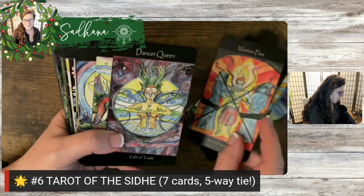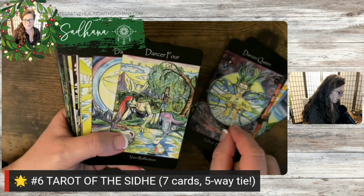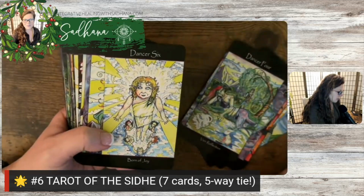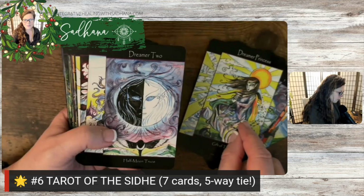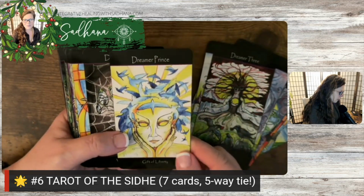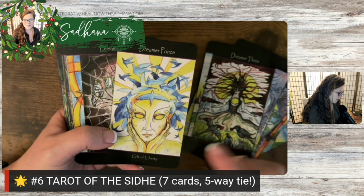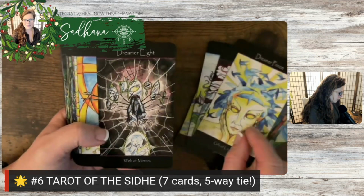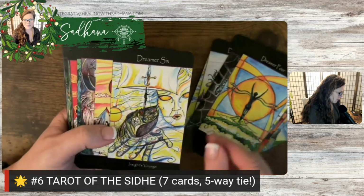And they were taking a course with John Matthews, I believe, on the Sidhe. There's a short book on the Sidhe I have shared a few times that, anyway, John Matthews asked them to respond to the course. And this is Emily Carding's response to the course on the Sidhe to create this deck. And I believe that is part of the introduction in the guidebook, which is also excellent. Includes poetry. It's wonderful. This is the Air Knight. Wonderful cards to sit with